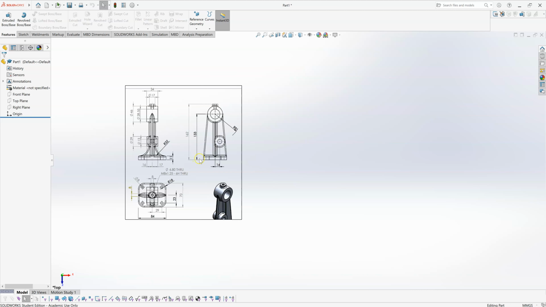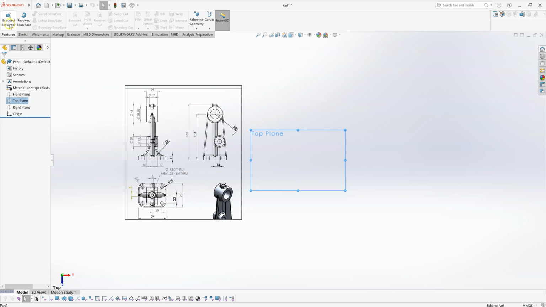So I think I will approach this by modeling this base plate here, this oblong shape, this kind of rectangular with rounded corners. I'll model that on the top plane and extrude that up, and then I'll do the rest of the features afterwards. I'm going to model this view first, then perhaps on the right plane I'll sketch the shapes seen in this view, and then maybe add this boss on the top. So I'm going to start with the top plane here,